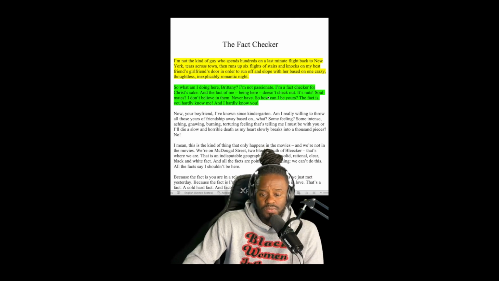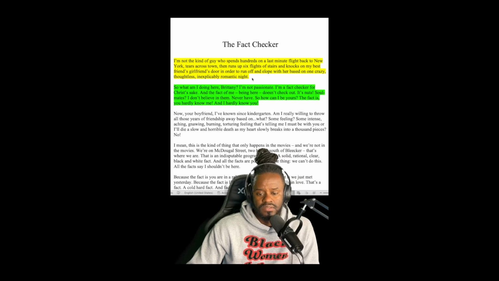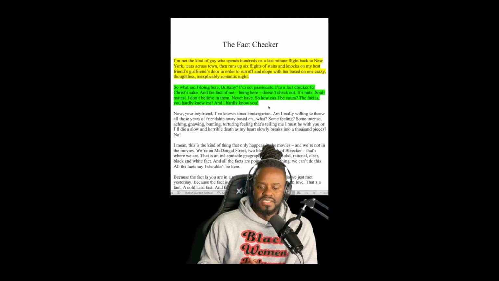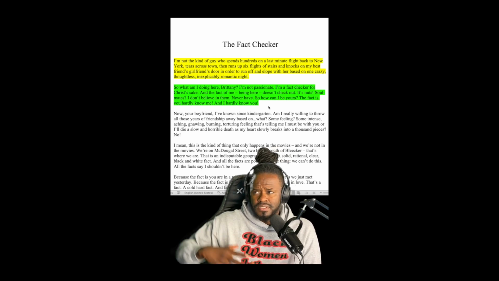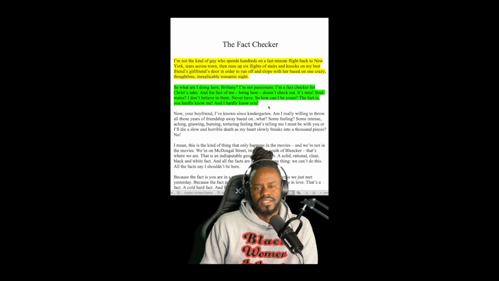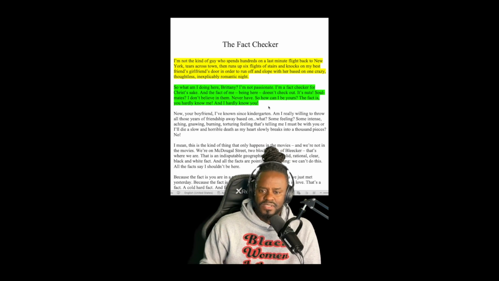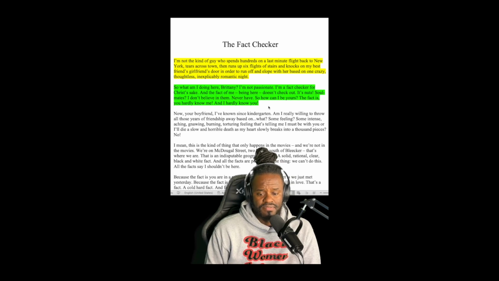So last week we worked on this same monologue, The Fact Checker. We did the part highlighted here in yellow, but we're going to do the second paragraph now. Just to bring you up to speed, the monologue is about this guy who comes back on a last minute flight to his best friend's girlfriend's house because they had a crazy night, sounds like a one night stand or something, but he's trying to convince himself, hey, this is not how it's supposed to go. And so here we are picking up from that point.